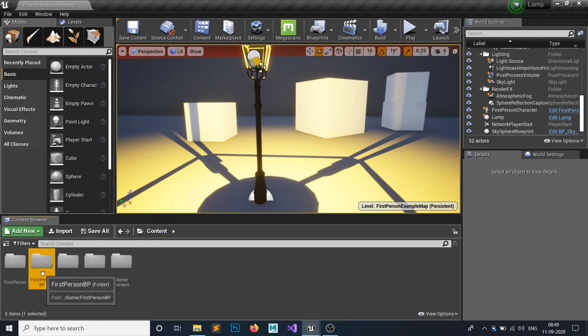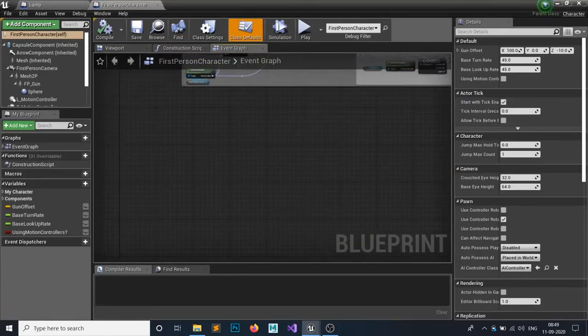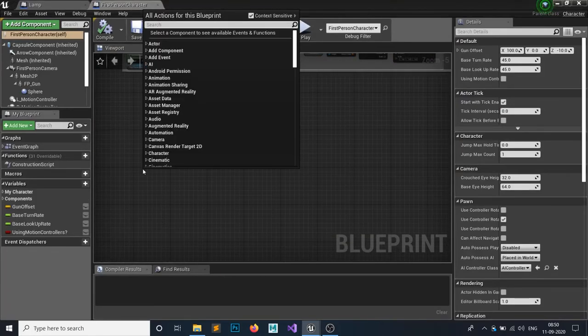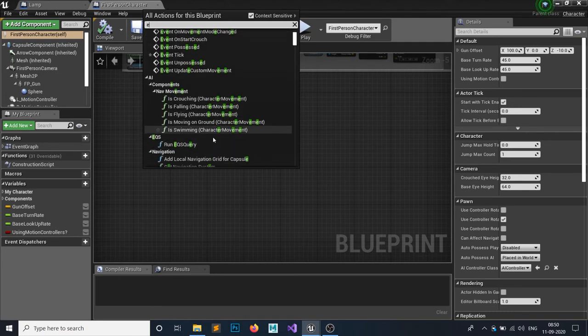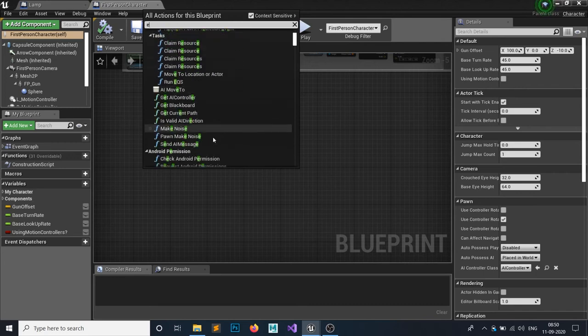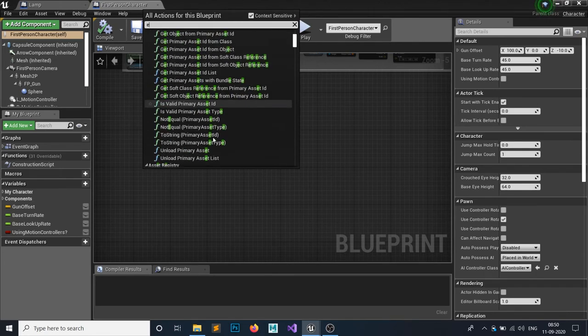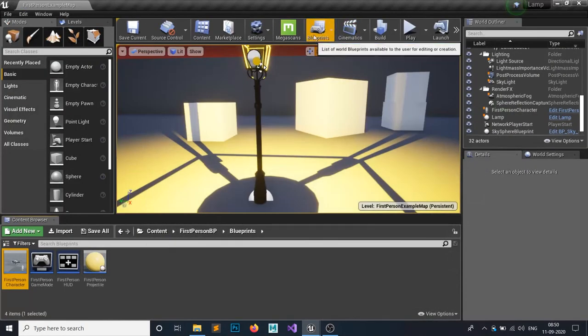After that, on your player character, whatever you are using, we want to make it so that when we press E, it interacts. So how are you going to make that? Let's make an input so it makes more sense.